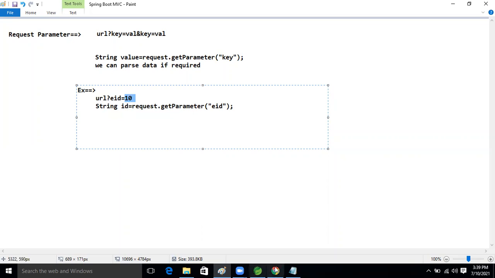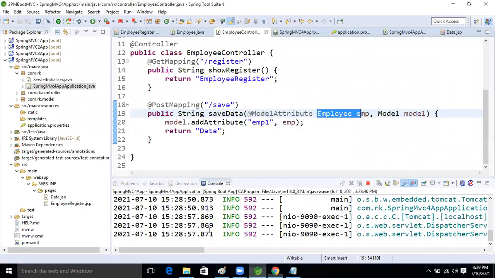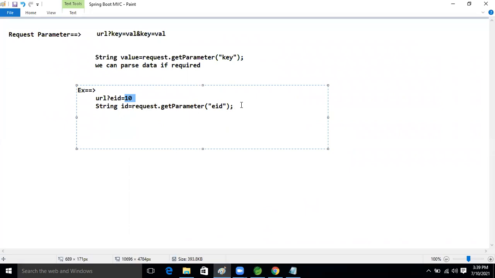Whenever we send it from the browser, this data comes in string format, but this data is integer data. Then we need to convert this data into an integer, or not, guys? Yes Ravi. So if we want to convert this data into integer format, what do we do now? We parse it, or not, guys? Integer dot parse int, right? Parse int, parse into ID.